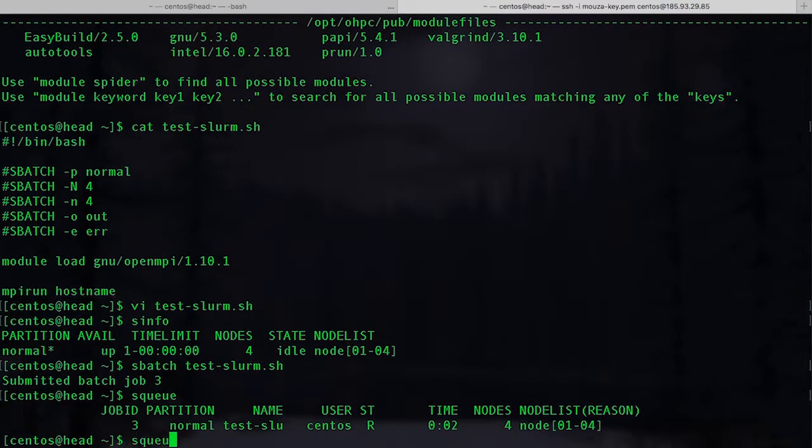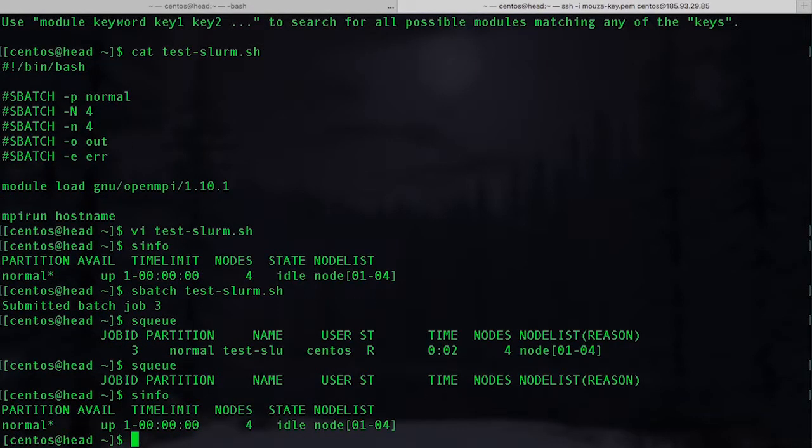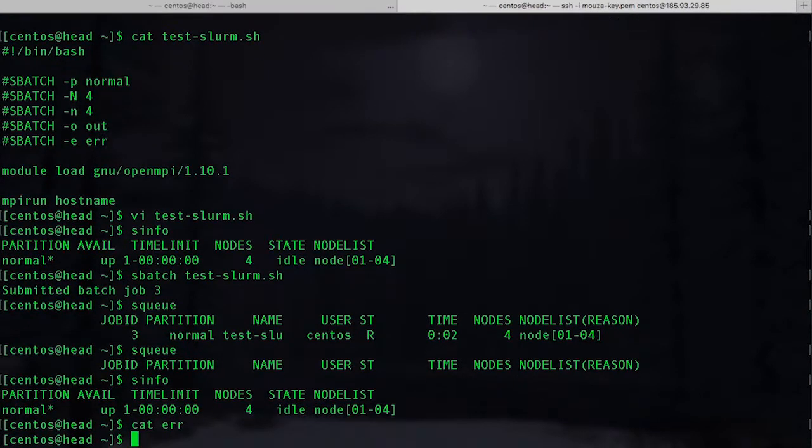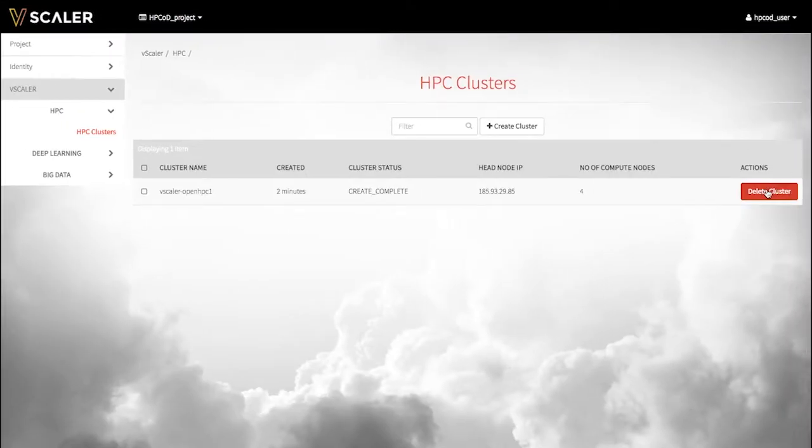So hopefully now we should see that job has completed. Our nodes are back to idle, and we should have an output and an error file. So let's quickly check the error file. Excellent, no problems there. Check the output file. Excellent, so we can see that the node names have essentially been returned from that MPI run job there as well. So in that time there, we've spun up a cluster, showed you the modules environment, ran an MPI application,